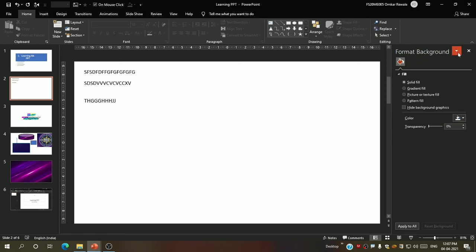So this tab is known as the formatting tab. This is the most important tab in Microsoft PowerPoint. I think I told you this in the last lecture, that this is most important, but I didn't go into detail, right? So I will share some detailed information about this in this lecture.